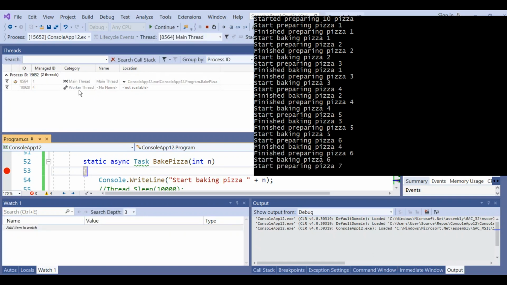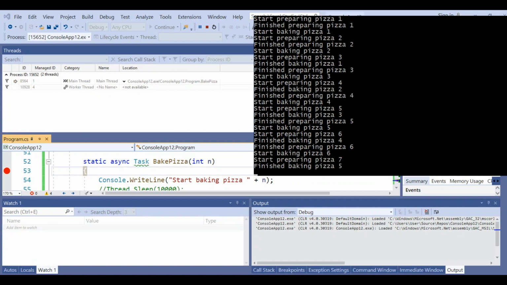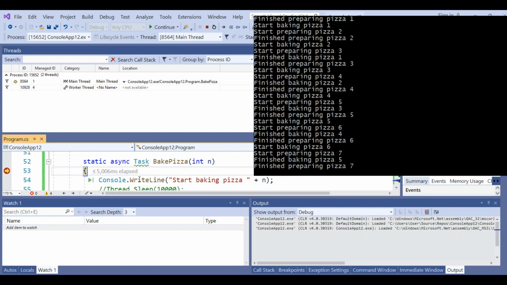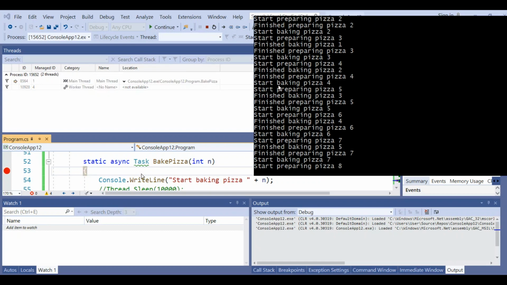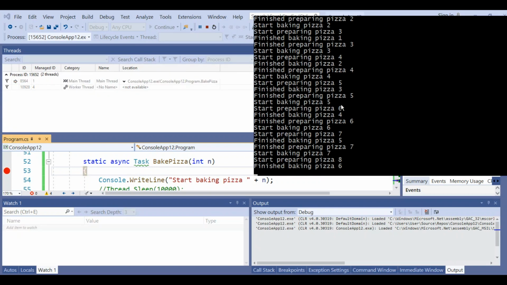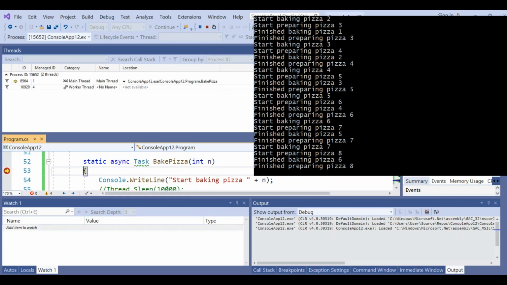But we know that in our computer we have more than 2 cores. We haven't really fully utilized our computer's multi-core to optimize